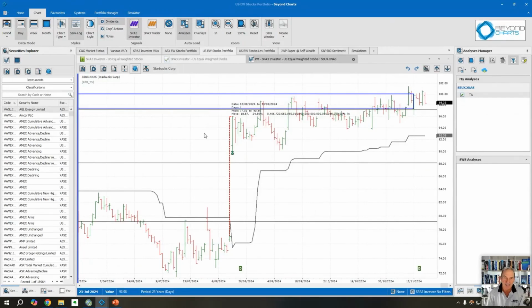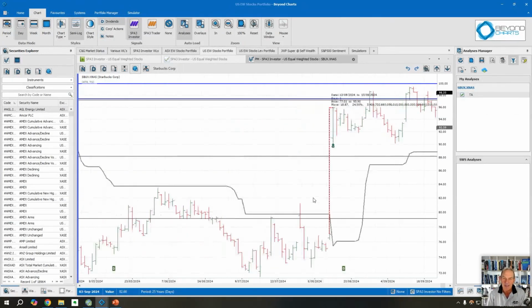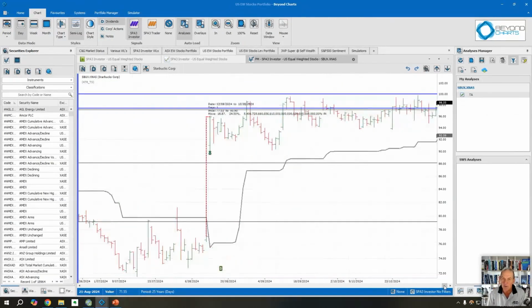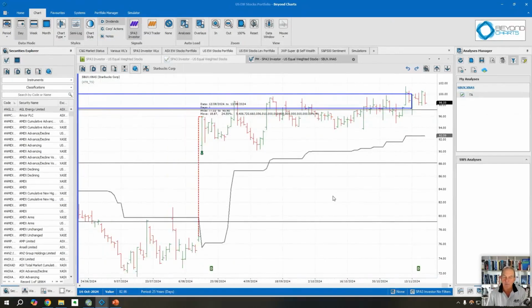Starbucks also had the same sort of thing. Anything can happen, so we'll just zoom in here. Starbucks rose 24%. It dipped on the day of entry, so we got it on that day, the 14th of August, and it dropped 2% on that day, but then a 24% rise. And it hasn't had the same outcome because, why? Anything can happen, and every moment in the market is unique. And I don't need to know what's going to happen next in order to make money. So that is what's happened with Starbucks.